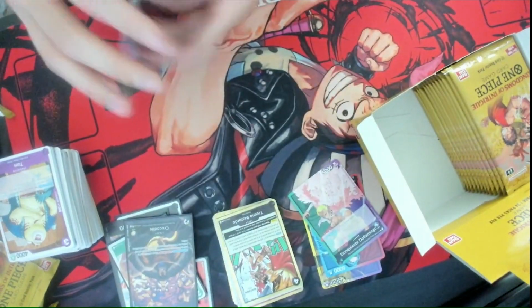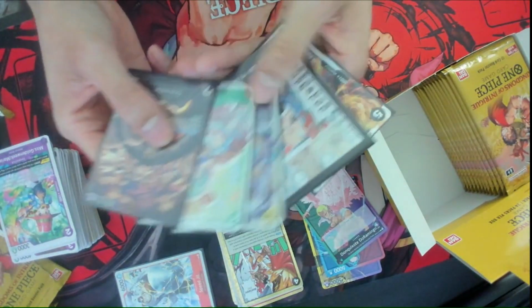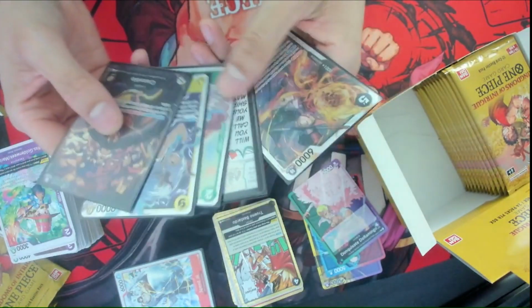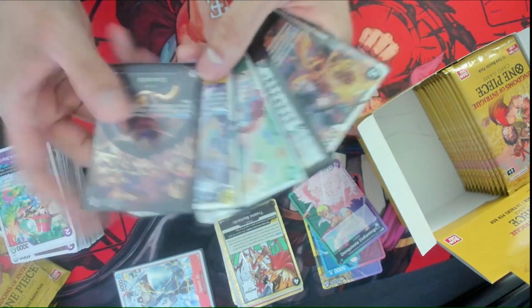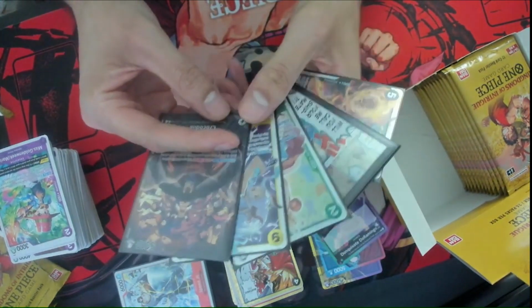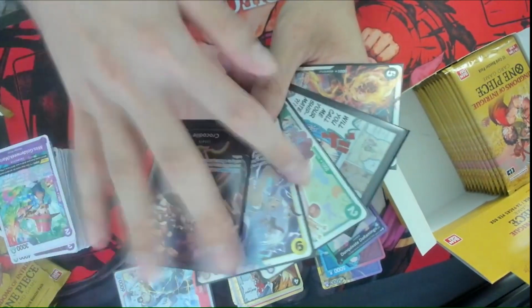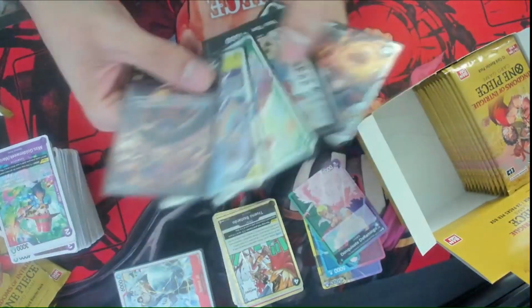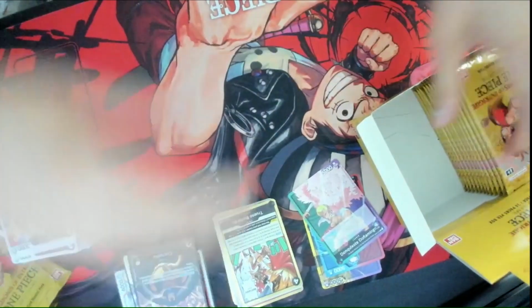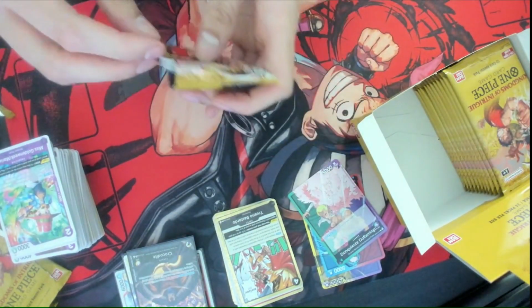So, first 12 packs. We've gotten 3 SRs and an alt art. In my last box, I got another alt art. I got the one alt art leader, I got another alt art, and then I got another legendary Dawn. And I got a whole bunch of other SRs. So hopefully, luck will shine upon me, and this is another